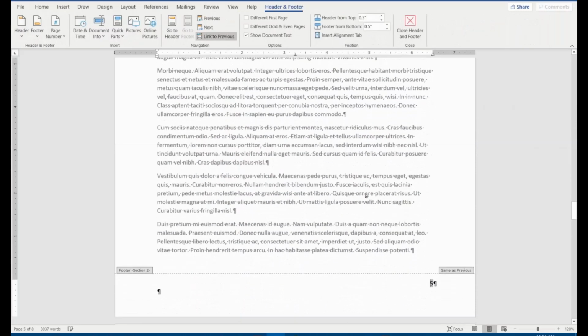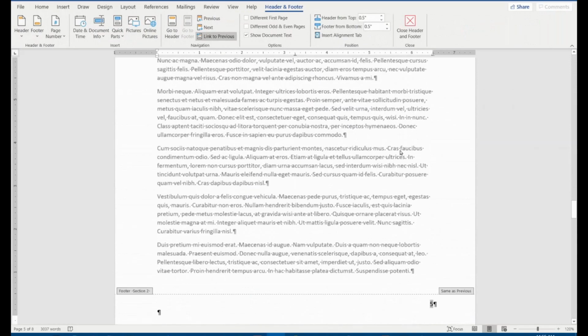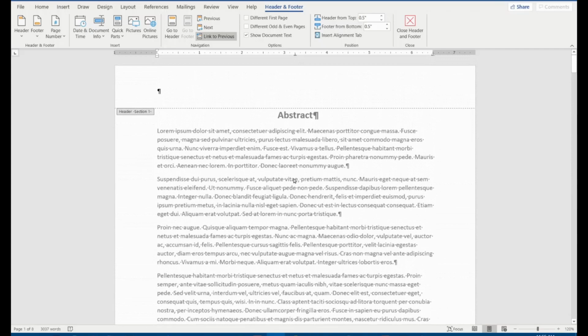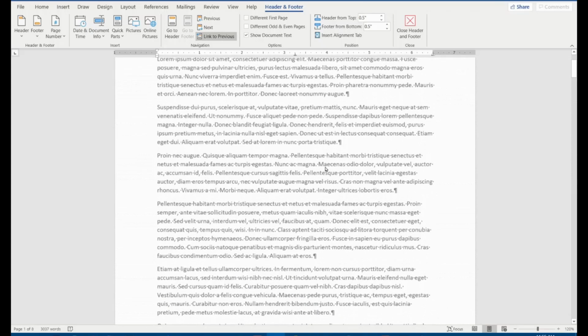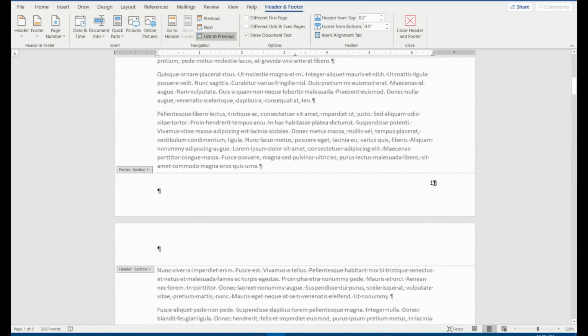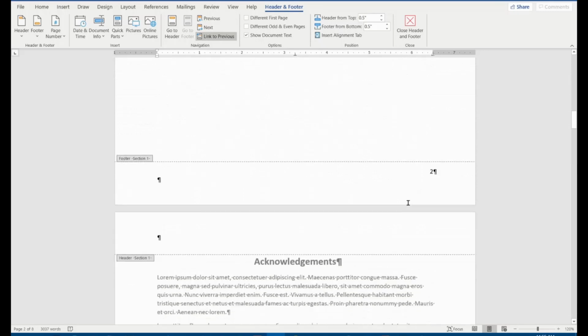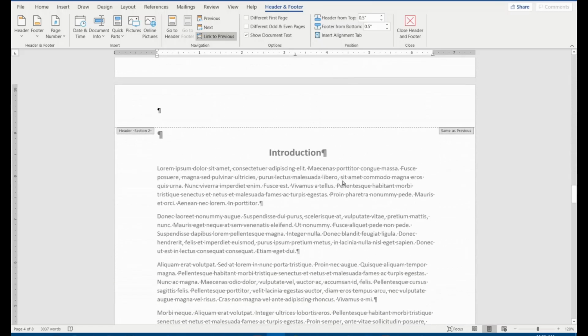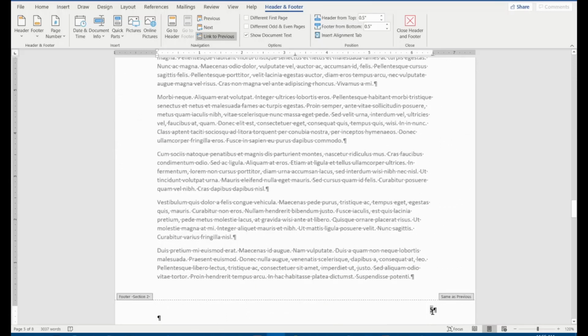I will click here, and now we can see that the page number has been inserted, but page numbering has started from the first page, not from page number 5. On the first page there's page number 1, page number 2 and so on. It goes up to the end of the document, and on page 5, where we want page number 1, currently it is page number 5.